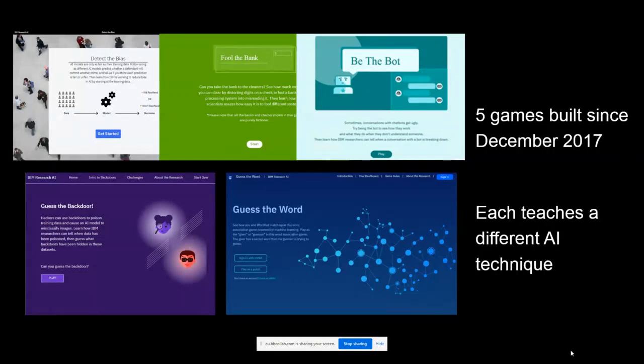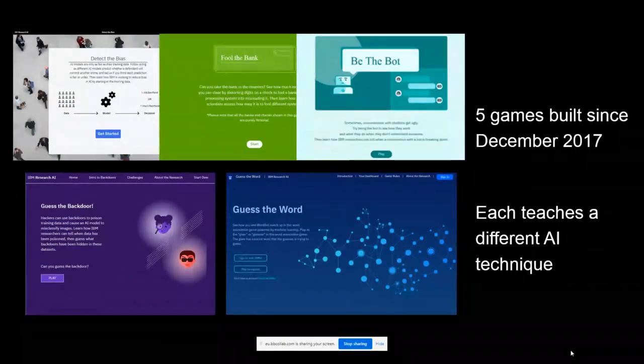The first one, Detect the Bias, was all about debiasing data, so techniques for pre-processing to debias your data sets. The second one, Fool the Bank, was about adversarial robustness. That's an AI security technique to make sure your AI systems are secure against people trying to feed bad data in. Be the Bot was created around chatbots, but it takes a spin on it where you,